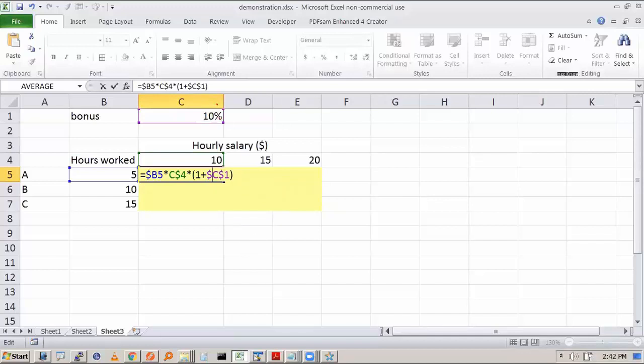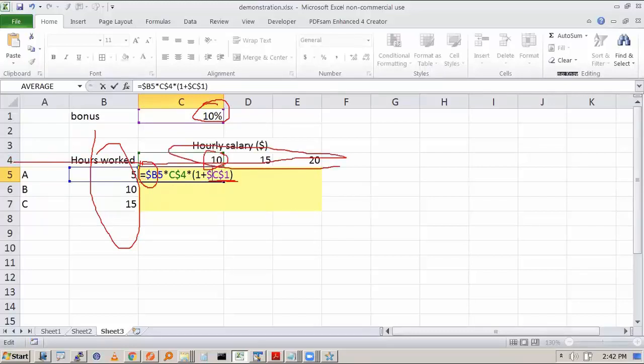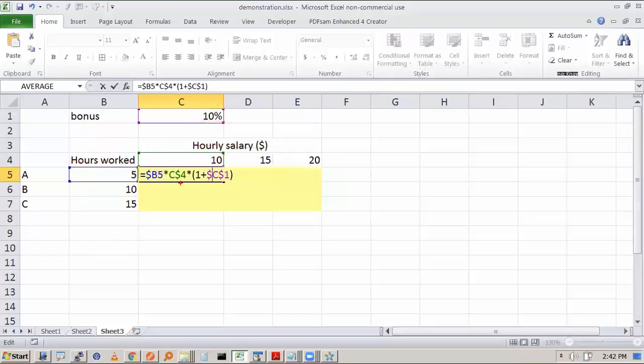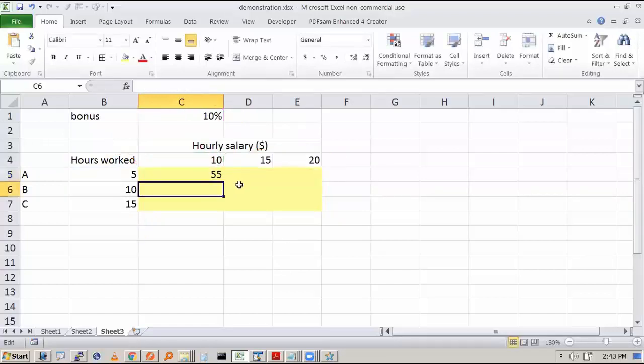So in this, both row and column have to be fixed. In this hours worked, the column has to be constant, so the column is fixed. This row has to be constant, so the row has to be fixed. It's so simple. Since you are understanding probably for the first time or second time, maybe you have an issue, but you have to just focus on whether these values are going to change. Column, no change: fix the column. Row, no change: fix the row. This one, row and column both should not change: fix both. And write the formula and enter.